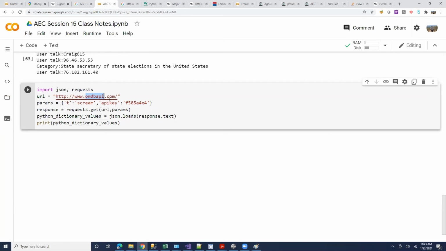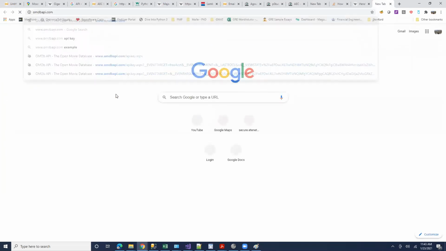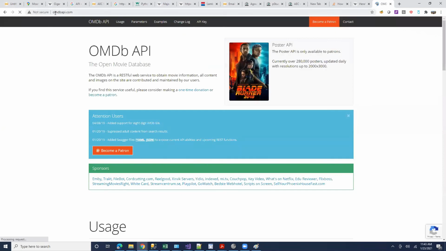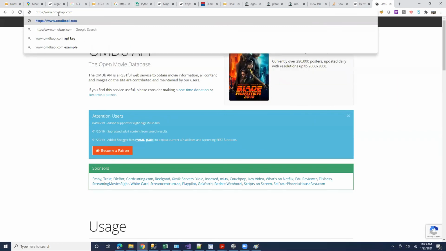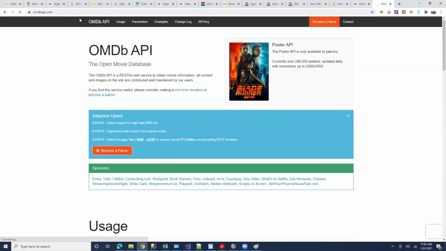I don't know if it's tightly connected. So this is a URL, omdbapi.com. You should be able to go to this website. Okay, we can go to the HTTPS version of this, if it has it. Okay, so this is Open Movie Database.